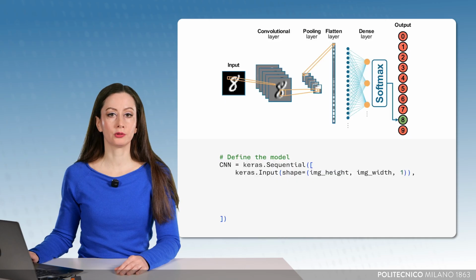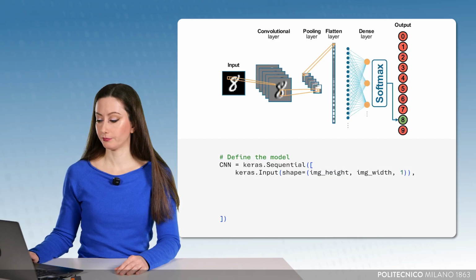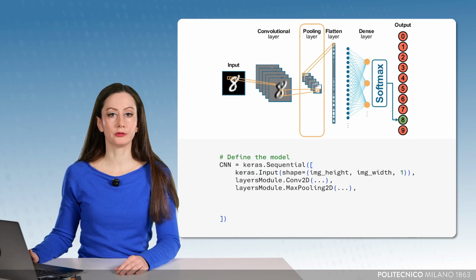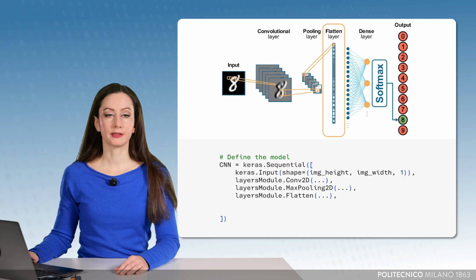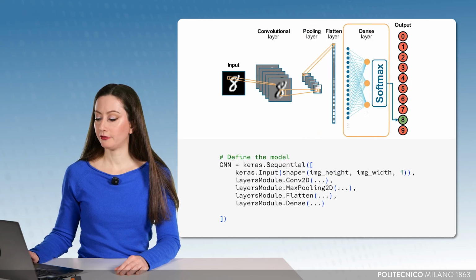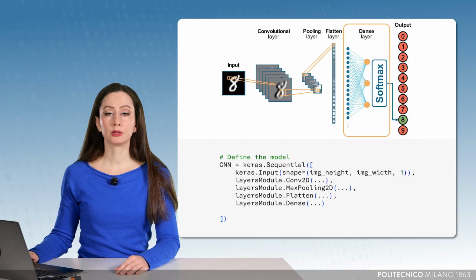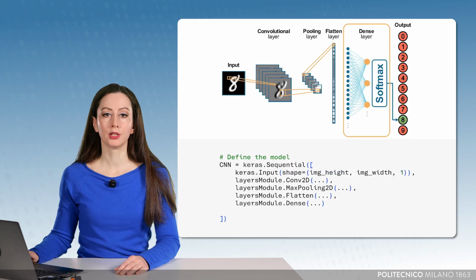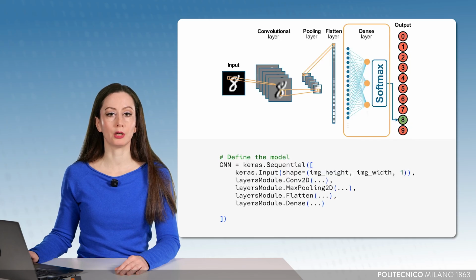And the following convolutional neural network layers are provided by the layers module through specific classes. Conv2D for the convolutional layer, MaxPooling2D for the pooling layer, Flatten for the flatten layer, and finally Dense for the dense layer, which completes the classification task. It's important to note that the inputs to these layers are design choices that depend on the problem, and they're usually fine-tuned through trial and error. In this example, we will show you one specific configuration, but we encourage you to try different ones and see how results change.